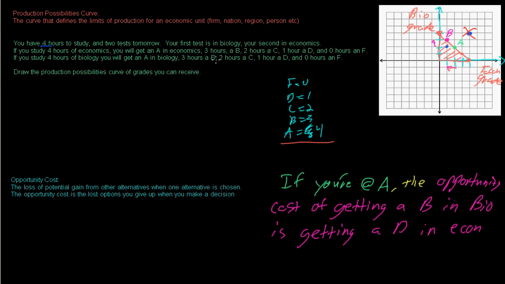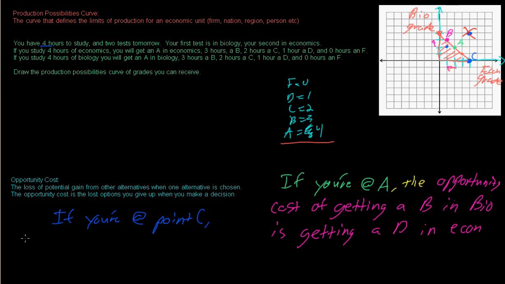Let's say that econ is your most important subject, and you were planning on spending all 4 hours studying in econ. But then, you know what, you realize that you really have to pass your bio class to graduate, let's say. You need the extra science credit. And so you need to get at least a C in bio. So if you are at point C,